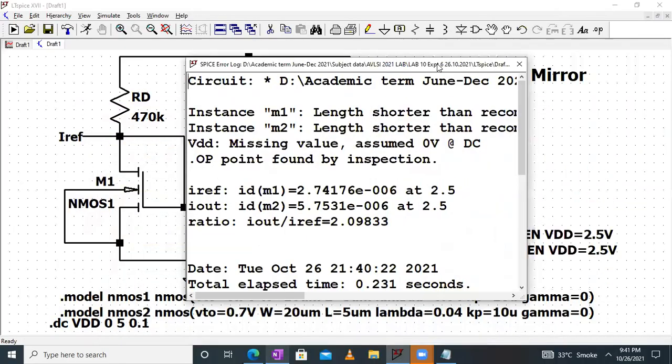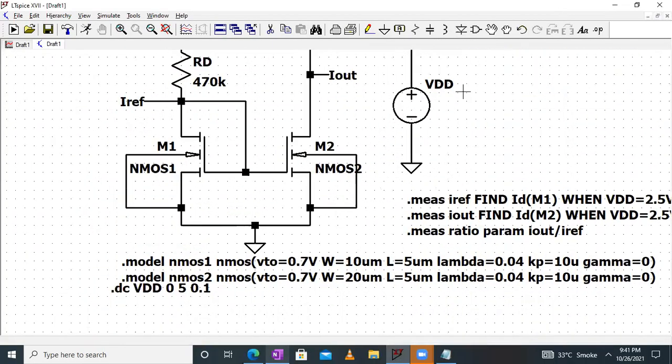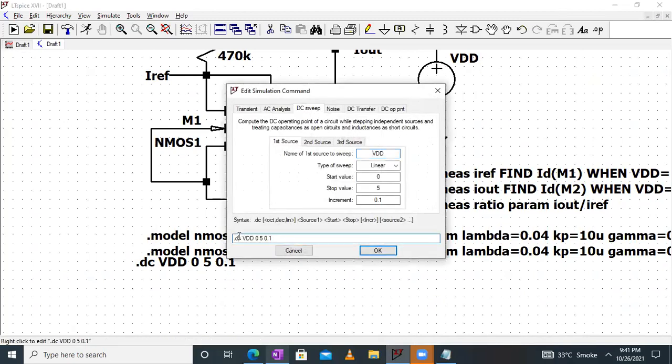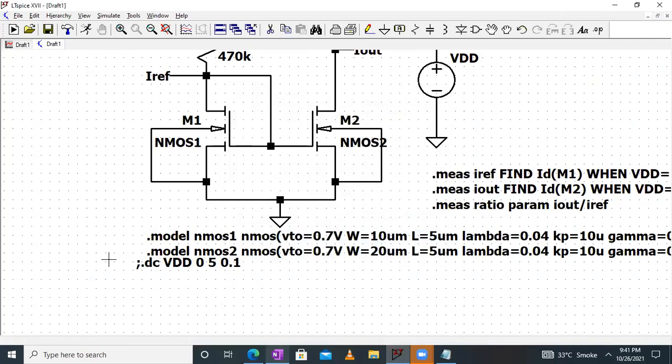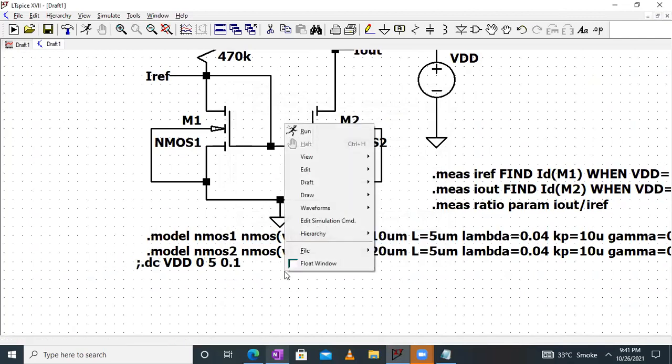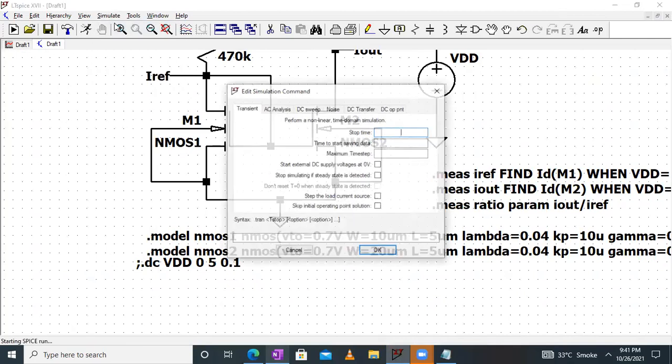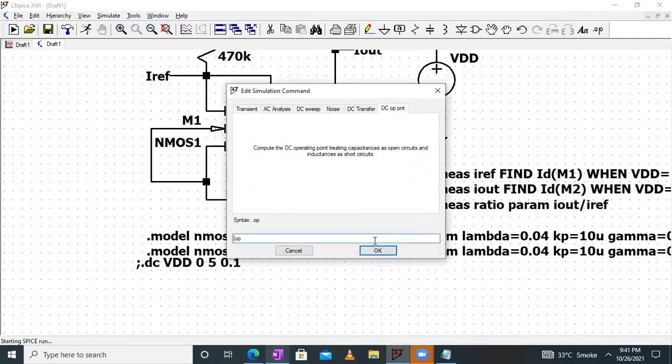We go back to the circuit, and here we comment out the .dc line by putting a semicolon, and we'll simulate the circuit again. We click on Simulate, Run, and perform the DC operating point analysis.